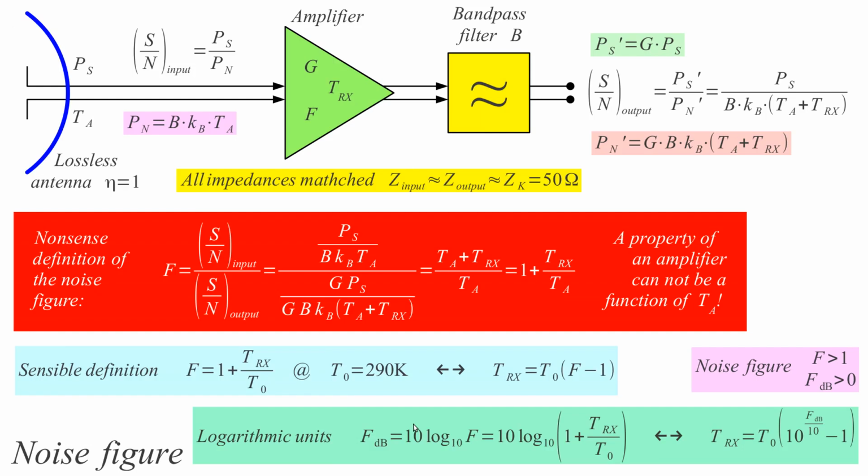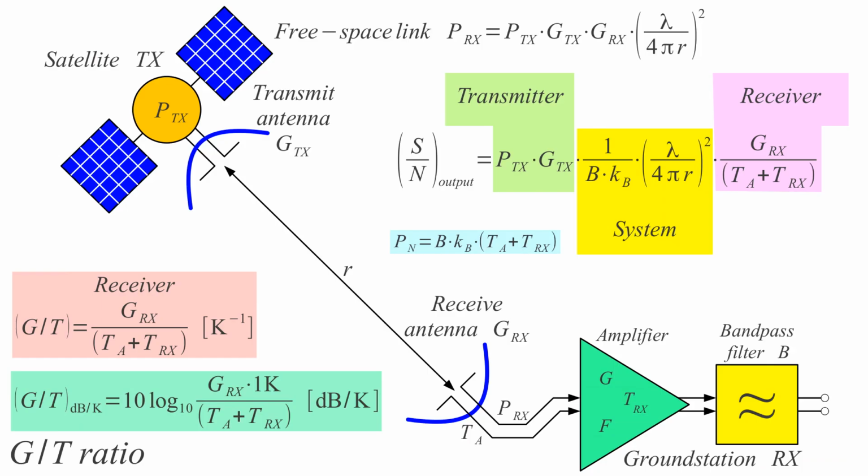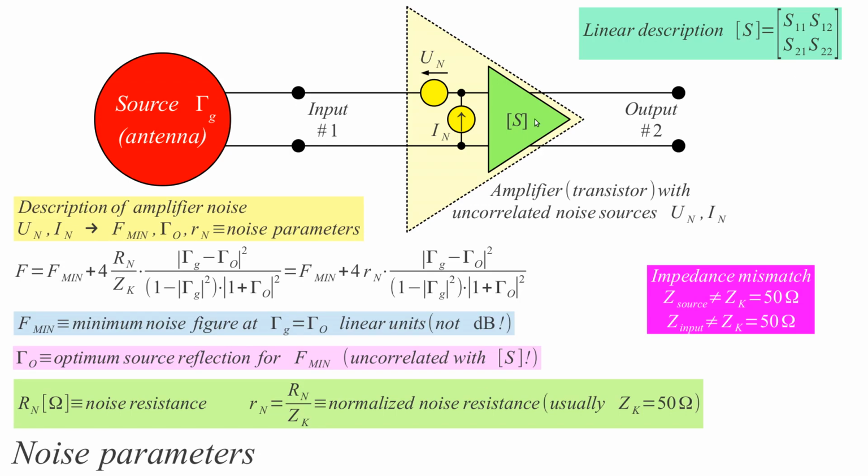Well, that's the ideal case. In the real world, our transistors, we can describe noise generated in a transistor amplifier with two independent noise sources, a voltage noise source and a current noise source. And these noise sources are completely independent of the linear parameters, linear scattering parameters describing the linear properties of this amplifier. So in order to get the lowest possible noise out of these amplifiers,